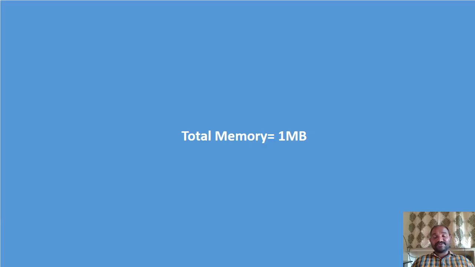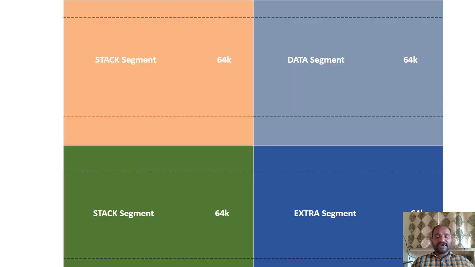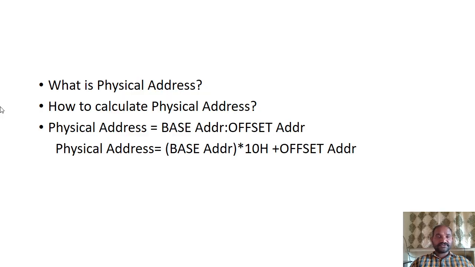After that, explain the memory concept. That memory concept is a very small one in the exam. In the textbook, you just explain that one only; no need to draw all these blocks. At the end of the architecture, indicate what the physical address is and how it is calculated by the 8086 microprocessor using the base and the offset addresses. So this is all about the architecture of the 8086 microprocessor.